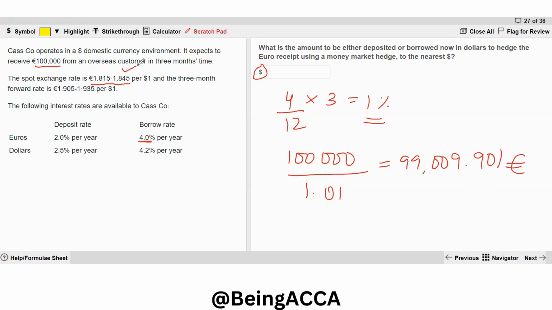The higher one. Why? Because the dealer will always take advantage. If I go to sell my euros and buy dollars, I will have to use my higher rate, so I'm just going to divide 99009.901 by the higher rate, which is 1.845, and if I divide by that 1.845, I have my answer as